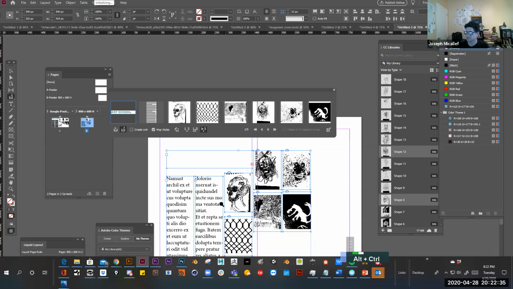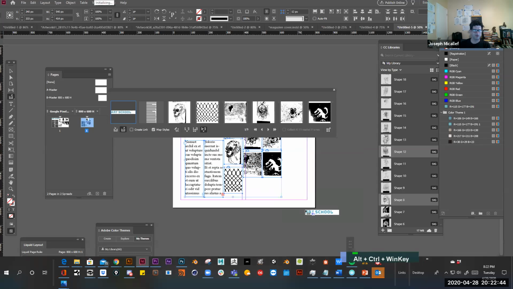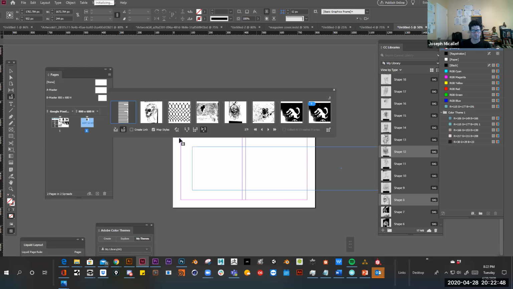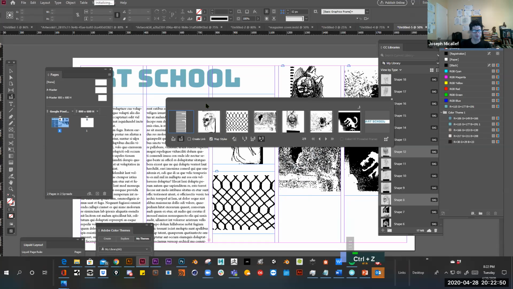So it's kind of an interesting tool. So it kind of lets you take a whole layout and recreate that layout. But you have to